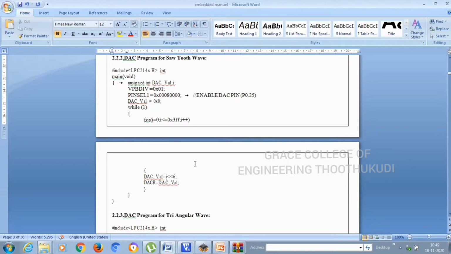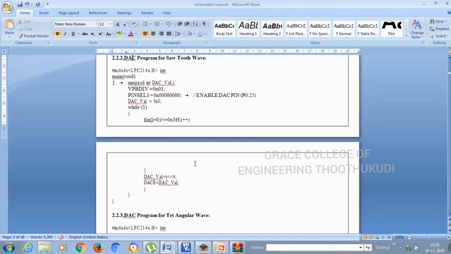PINSEL1 is used because here we are using port 0.25, which belongs to PINSEL1, and here we are initializing it as 1 because we are using it as an output port. Initially the DAC value is equal to 0x0, then in while(1) we are going to get the sawtooth wave, which increases from 0 and reaches the maximum value of 3FF, and then it comes back to 0.